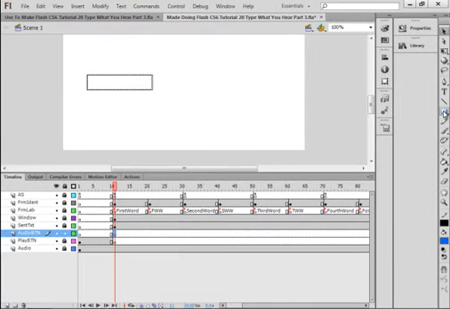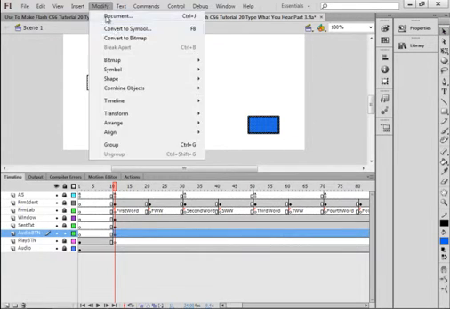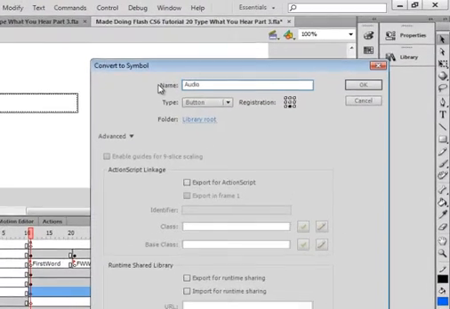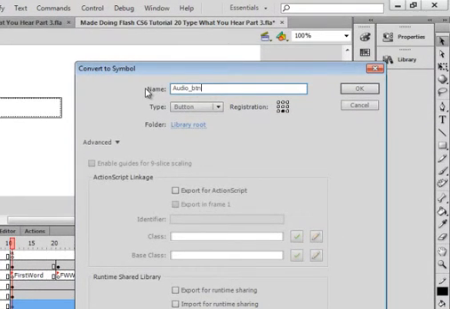Pick up your rectangle tool or something to make a button with. I have a stroke black and a blue fill. There it is. Pick up my selection tool, highlight it, modify it, convert it to a symbol, make sure button is selected, and I'm calling it audio button, AUDIO_BTN. Copy that